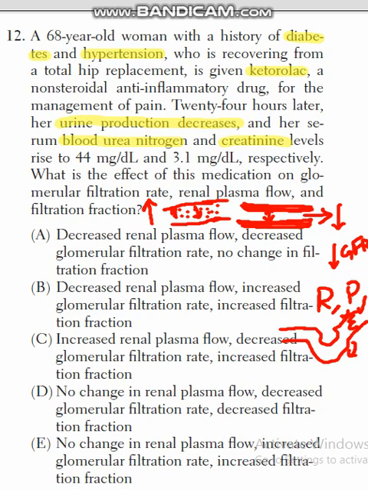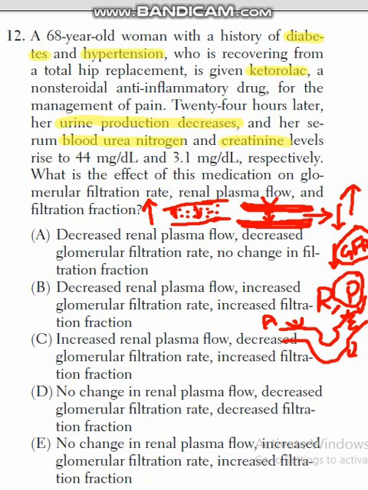And number second, the prostaglandins. The prostaglandins are hormones which are responsible for vasodilation. So what do they do? They act on the afferent arteriole, and cause vasodilation. As the renal artery stenoses and the lumen becomes thin, they act on the renal artery and cause vasodilation. When there is vasodilation, there will be increased renal blood flow, and when there is increased renal blood flow, the GFR will automatically rise up.